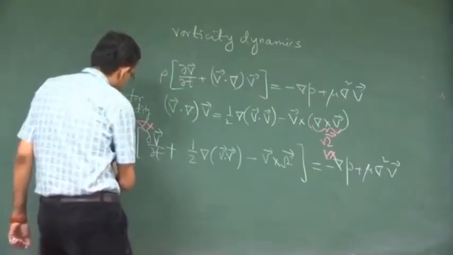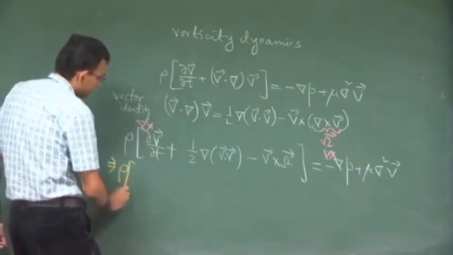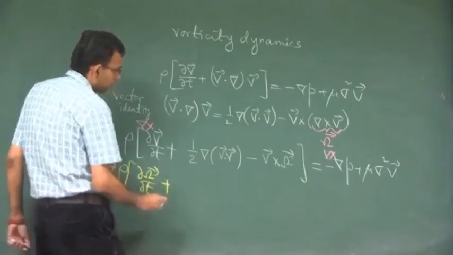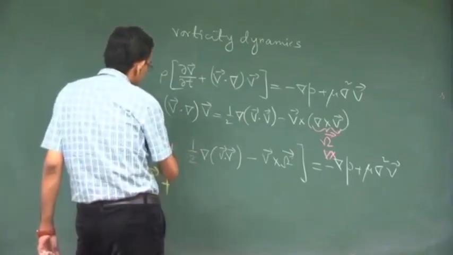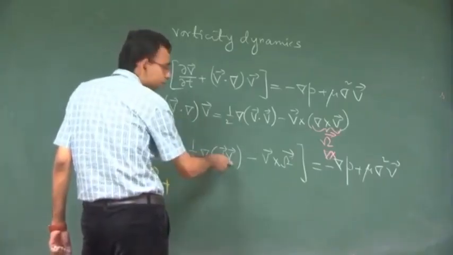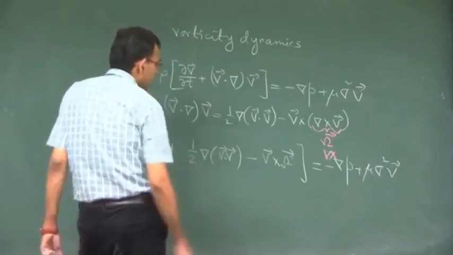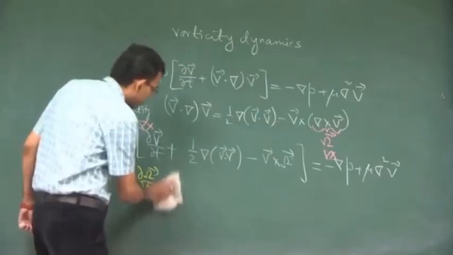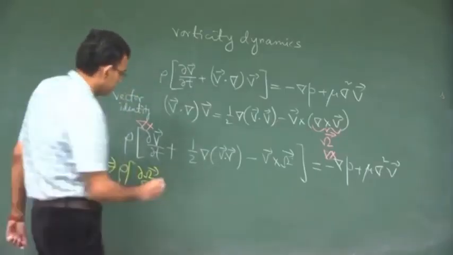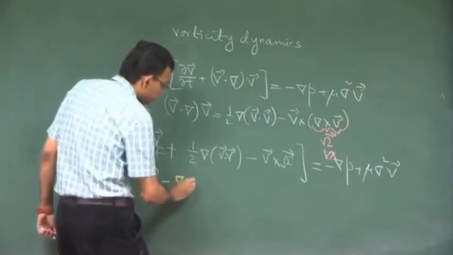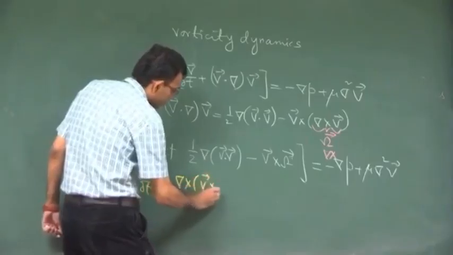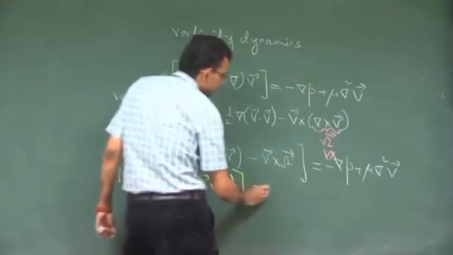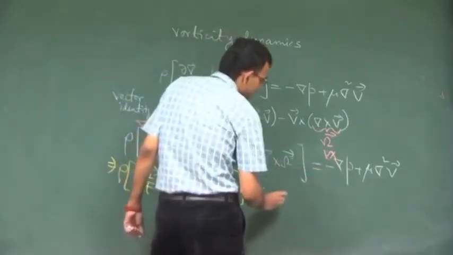So, you have again curl of grad of a scalar is a null vector. So, you are left with, this is null vector and